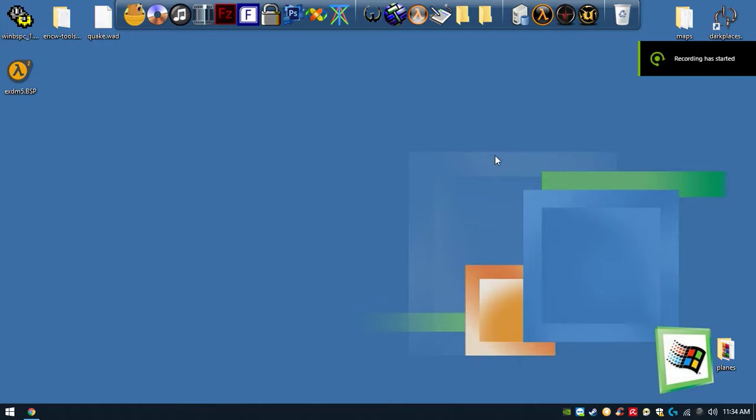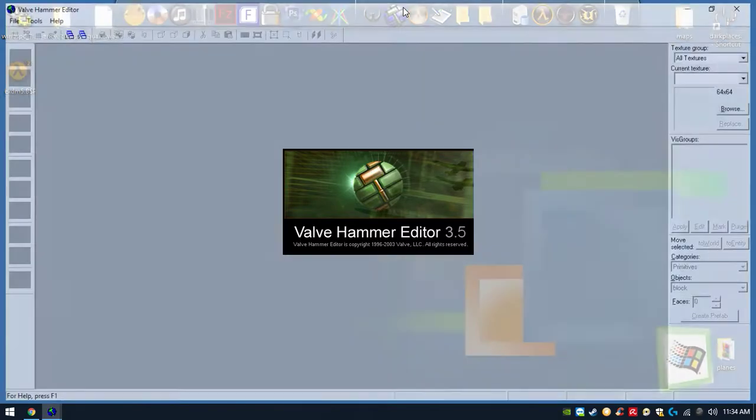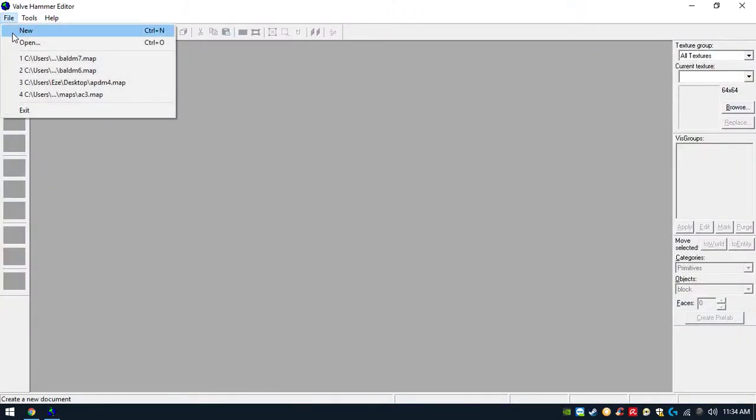In today's video you're gonna see how to make Counter-Strike 1.6 maps with Valve Hammer Editor, but specifically porting, as accurately as possible, Quake 1 maps into Counter-Strike. So this is not gonna be a tutorial on how to use Valve Hammer Editor, but it's gonna be pretty advanced. If you don't know how to use the program itself, which is used to make Quake 1 maps as well as Counter-Strike maps,